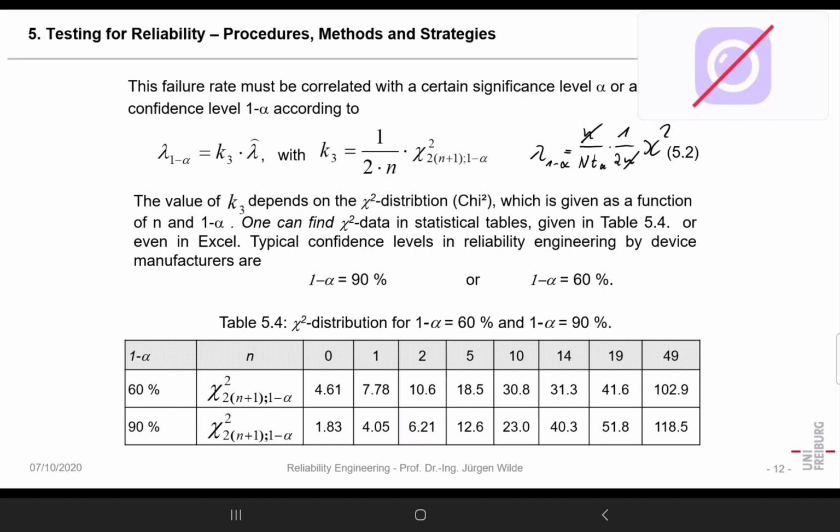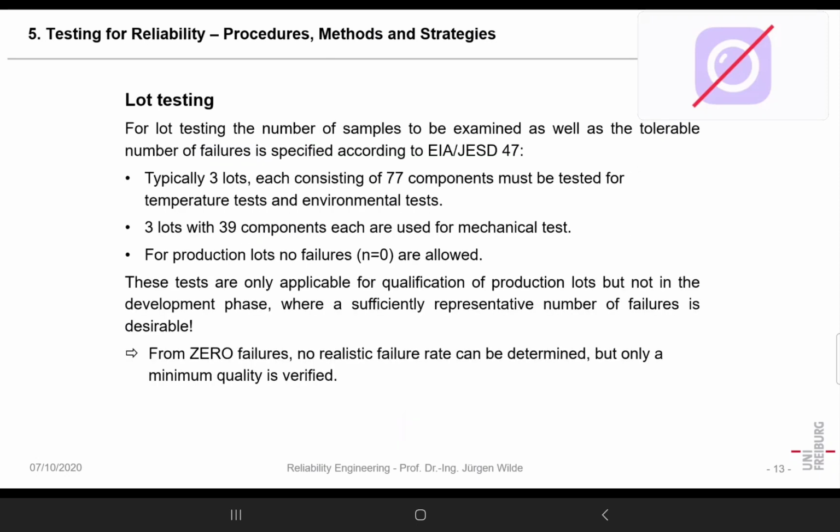So in fact, it's not based on the failures, but it's based on the chi-square distribution. And of course, we must be sure that the chi-square distribution is valid. Okay, and now that is done